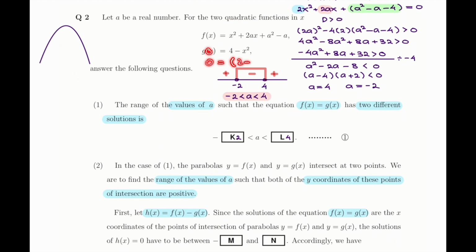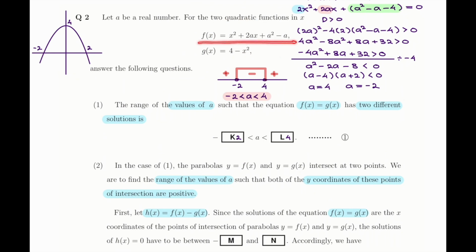You will get 2 minus x, 2 plus x. Then you will get 2 values of x, which are negative 2 and 2. So, if I imagine this as the parabola of g of x, then this point is negative 2 and this point is 2. And then the y-intercept is 4. This is 4. And then g of x,